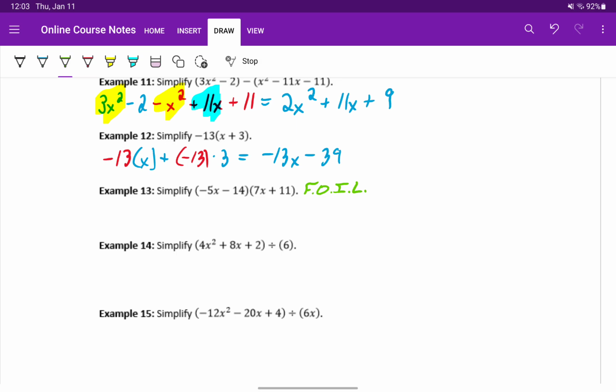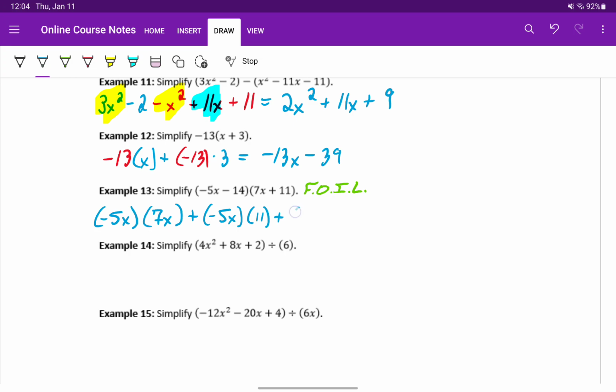is the acronym FOIL, where first we'll take the first terms multiplied together. So we'll take the first term of the first binomial, so that's minus 5x, times the first term of the second binomial, 7x. O tells us to multiply together the outside terms, so we'll say plus negative 5x, which is the first term of that first binomial, times 11, the last term of that second binomial, so those are those outside terms, plus